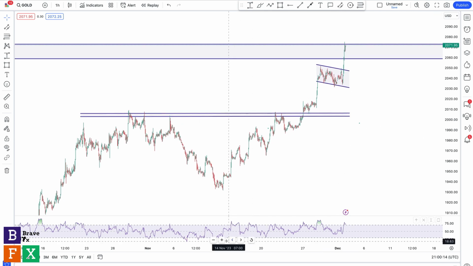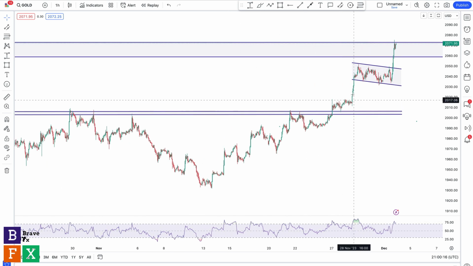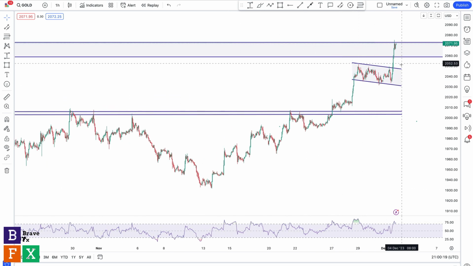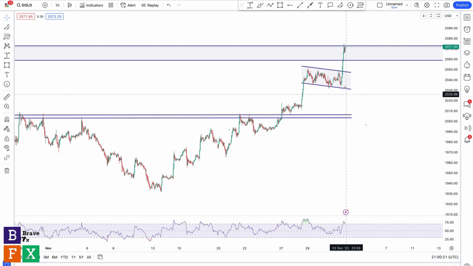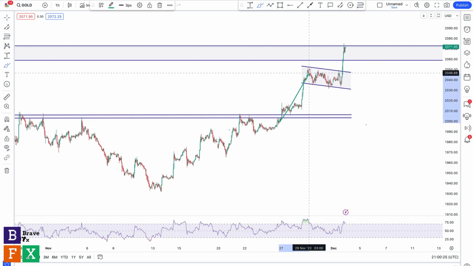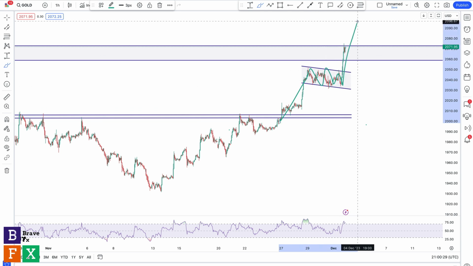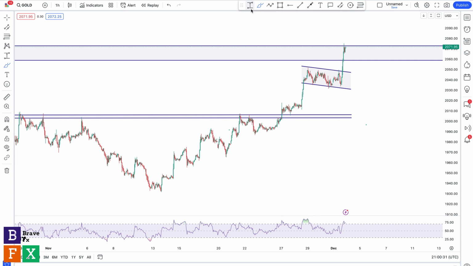So right now, another trade opportunity was when we had this bullish continuation pattern. So there's a bullish flag, which signifies a continuation of the initial bullish move. So we had a bullish move like this, a consolidation. I've talked about it so many times, and then a bullish follow through. So this was another scenario to go long. So if you went long at this breakout, that would have given you at least 200 pips.